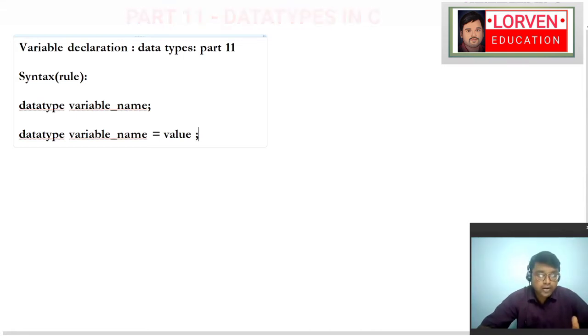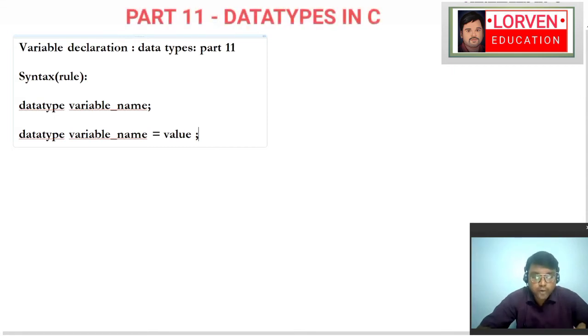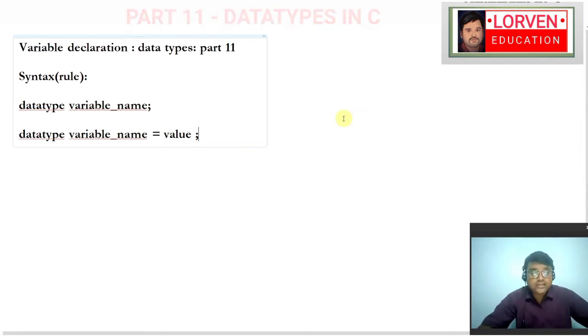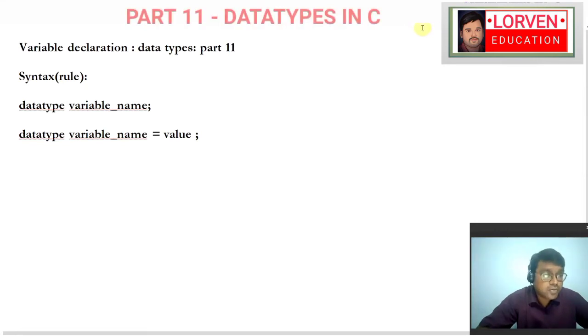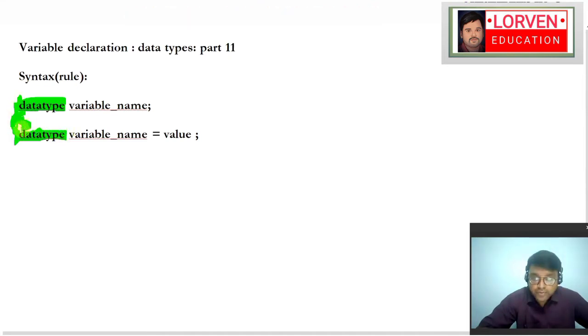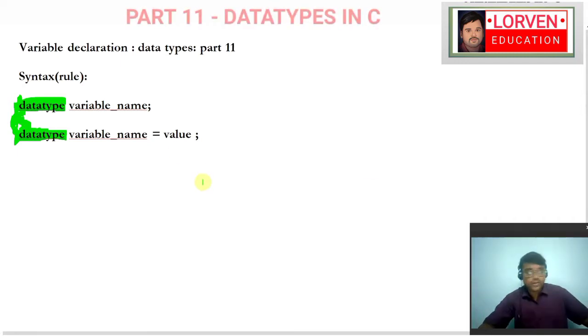Now we have some idea of a variable and the name that is to be given to a variable, but this is the first time we are seeing a new term called data type. So we will be talking about the concept called data type. We will try to understand this data type, and once we have some idea of data type, then we can go into the further subject.